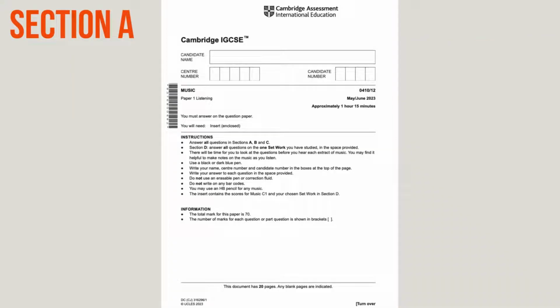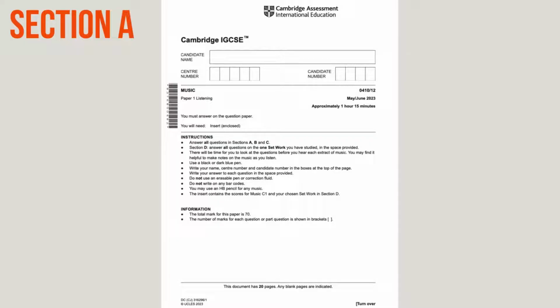Cambridge Assessment International Education, Cambridge IGCSE, June 2023, Examination in Music, Component 1, Listening. Instructions. Answer all questions in sections A, B and C. In section D, answer all questions on the one set work you have studied in the space provided.